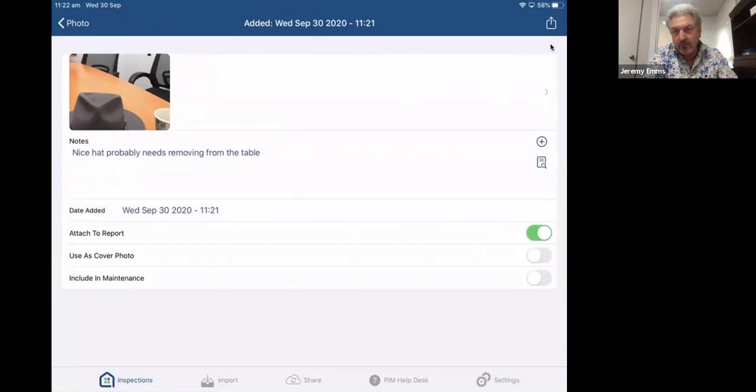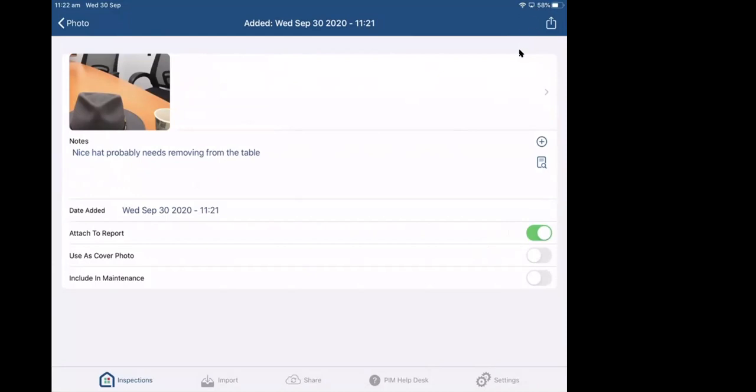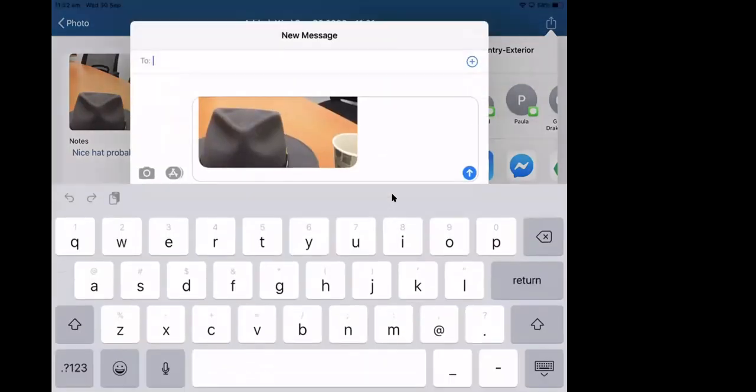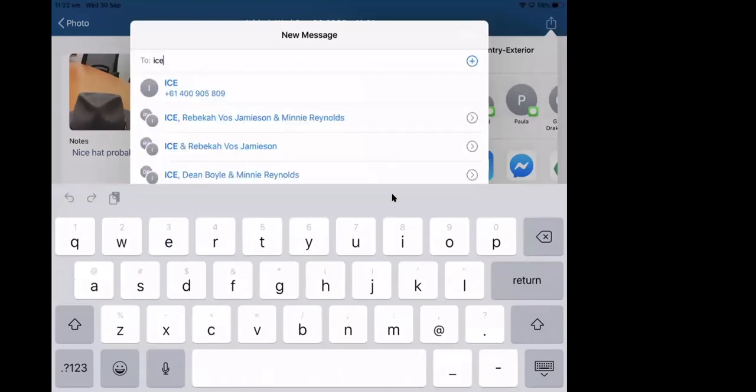You can also, if you see in the top right-hand corner, there's a little action button. And the little action button will allow you to send a photo straight away if you connect it to the internet, either by email or via text or messenger to somebody that needs to see that picture. So it could be that you've got something that very quickly needs to be resolved, whether it's a health and safety issue, or if you want to get some advice from a colleague, and you can just send that straight away to somebody. I'll just send this through to my wife.